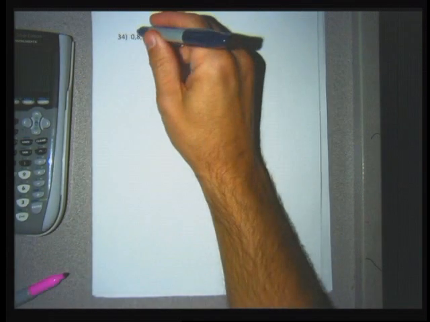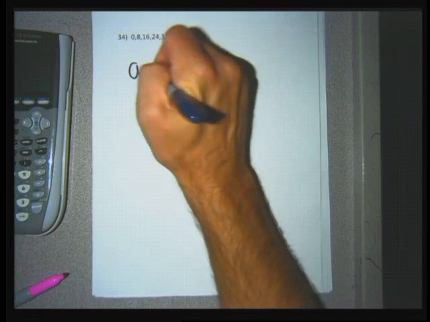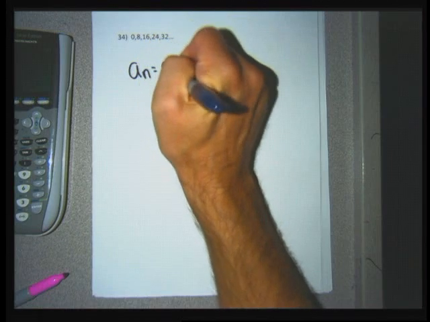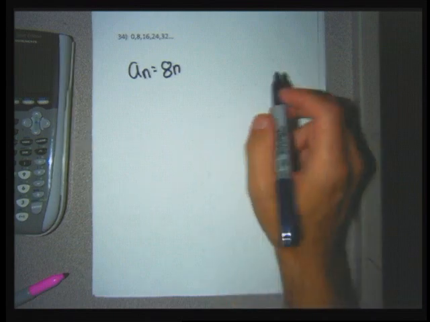I have one last adding, and then we get into multiplying. To get from number to number in this list, you have to add 8. The fact that I have to add 8 to get from 0 to 8, 8 to 16, 16 to 24, my list needs to have an 8n to start. But 8n is not going to give me, it won't start with a 0. 8n will start with an 8. So to figure out what goes after the